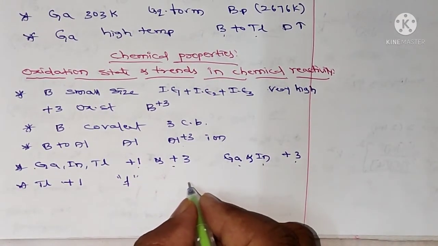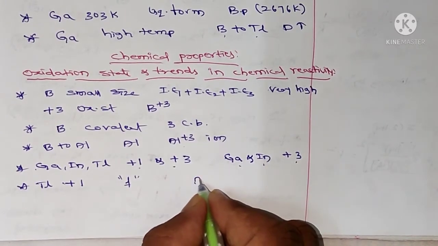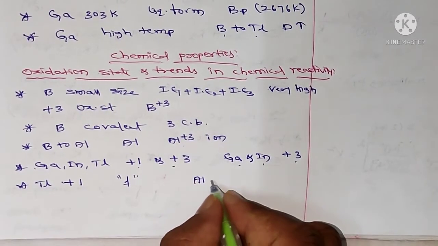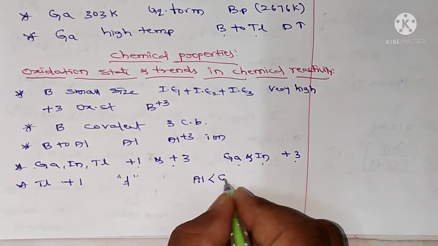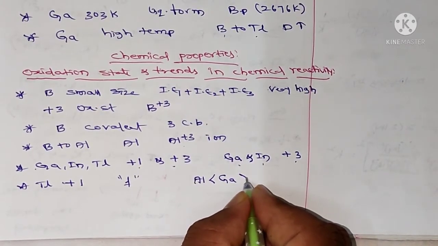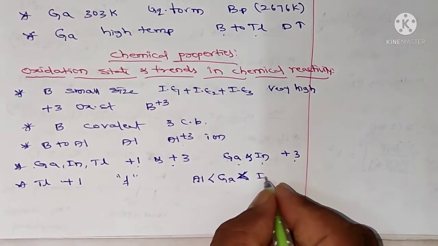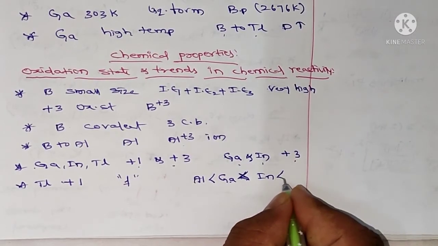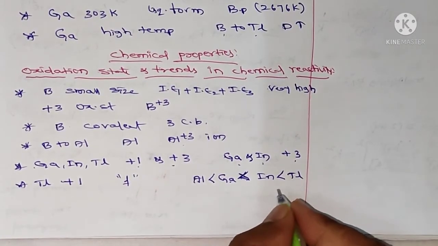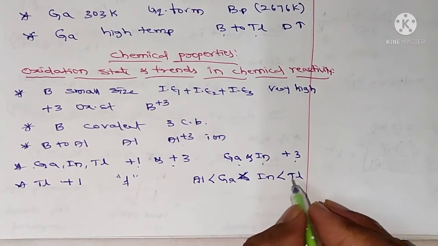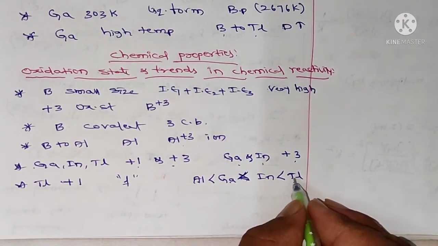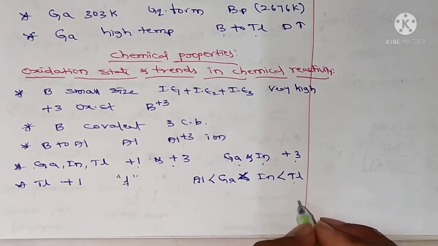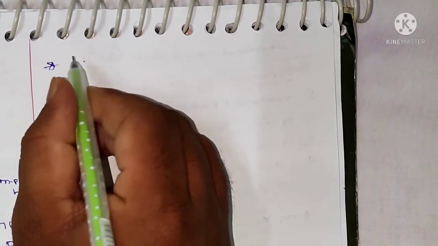The +1 oxidation state stability order is Al less than gallium less than indium less than thallium. So in thallium the +1 oxidation state is more stable, and in the trivalent state